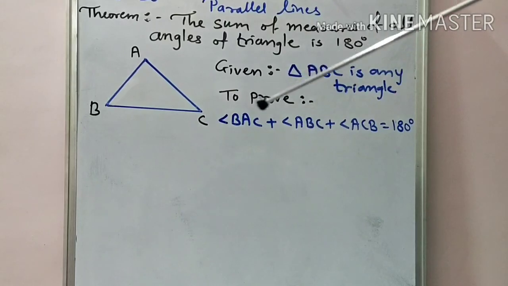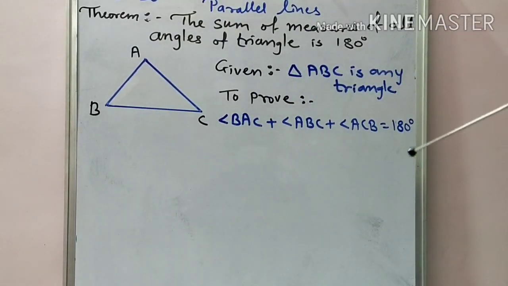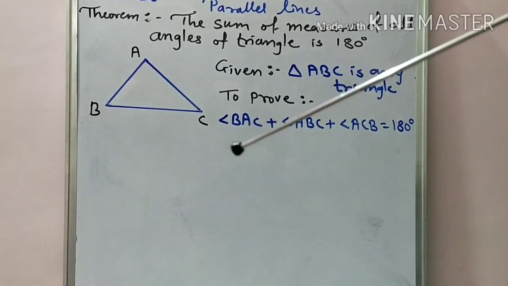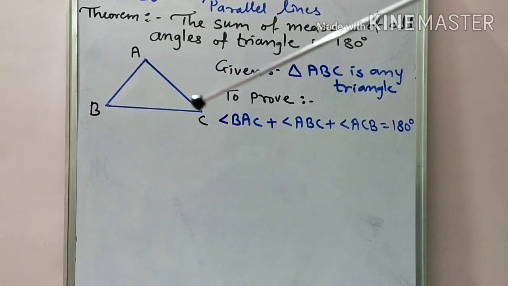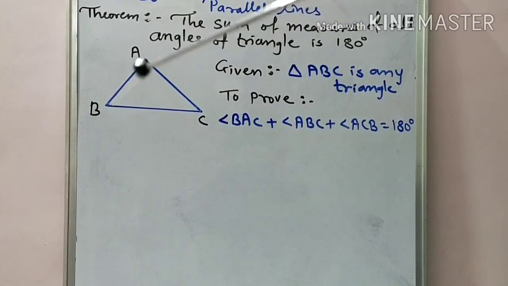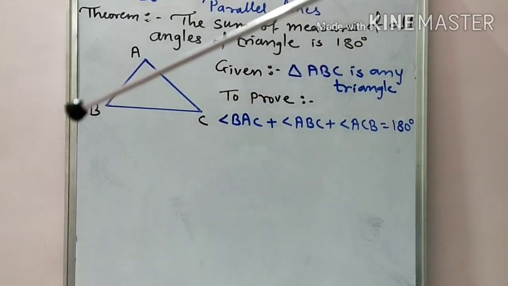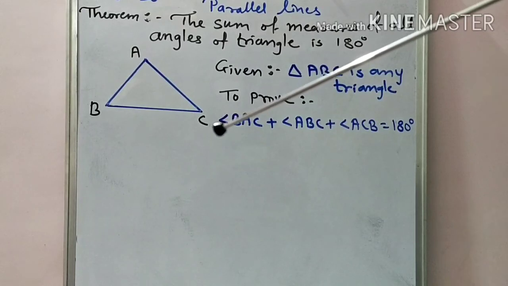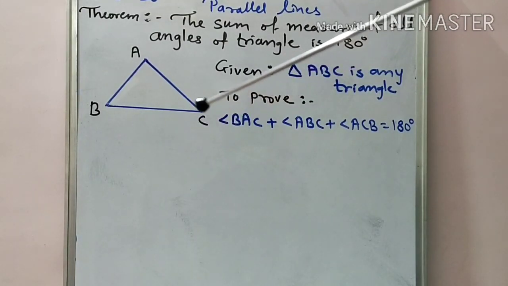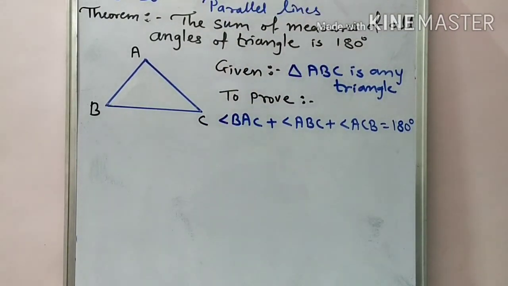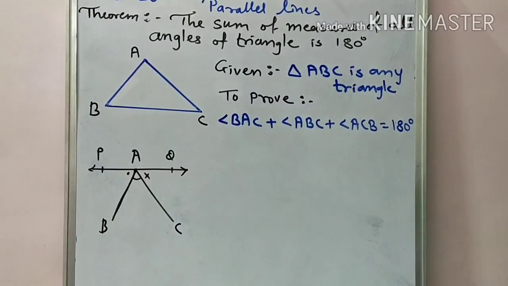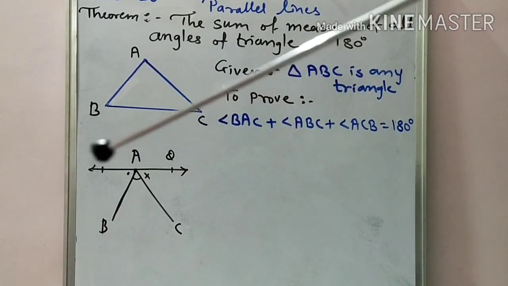Okay, now to prove this, what we do here, we use the linear pair property, that linear angles are what, supplementary. Okay, so what we do here, students, as we observe here, angle A, angle B and angle C are only interior angles of the triangle. A linear pair is not there, so first we form the linear pair, and for that we have to draw one line. Okay, so what we do here, from any vertex we draw one line. So pay attention over here, we draw one line passing through vertex A.